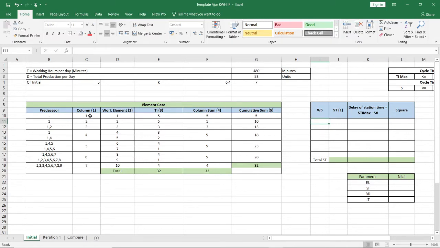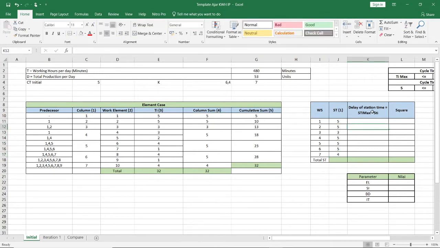In the element case, there are 7 workstations, so please write down 1, 2, until 7. It depends on the workstations that you have made. And then for ST or station time, please write down the column sum: 5, 5, 3, 5, 5, 5, and 4.